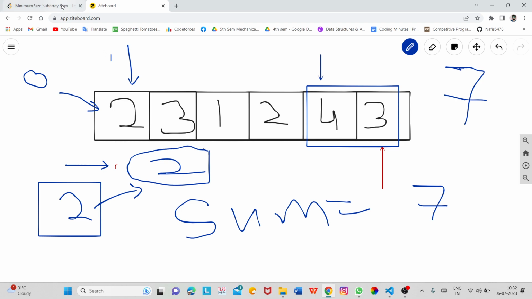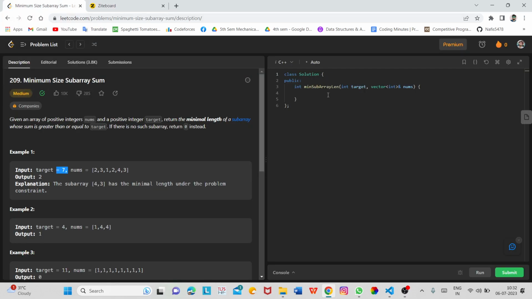So let us dive into the code and we'll see how to code this question. For this I will first check if the sum of all elements of nums is less than target.